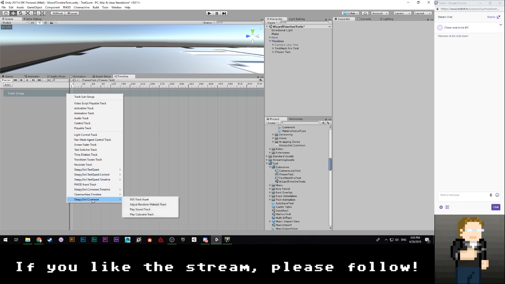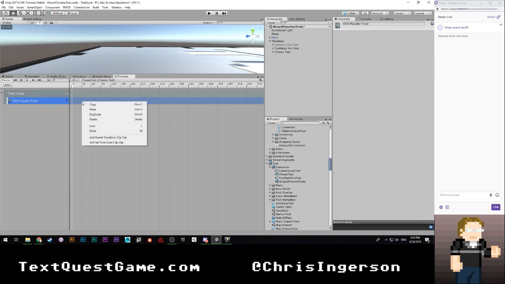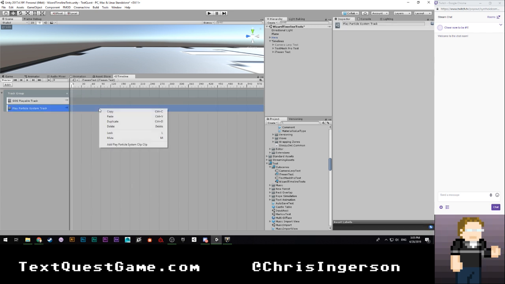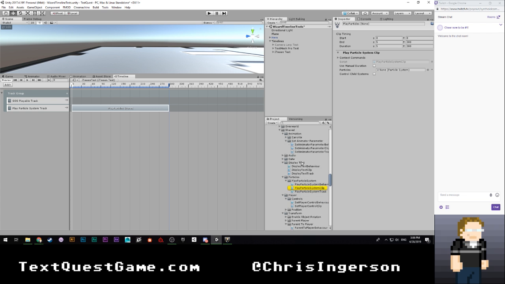particle effects. Do I have something? Play sound, play cutscene, material. That's what's playable track. Set parent, transform. Did I put it under text quest? Play particle system track. There we go. So you can see that we have particles that we can play here. So this probably one could be moved over to our non-text quest one. I feel like that could totally be a standard thing. Anyway,